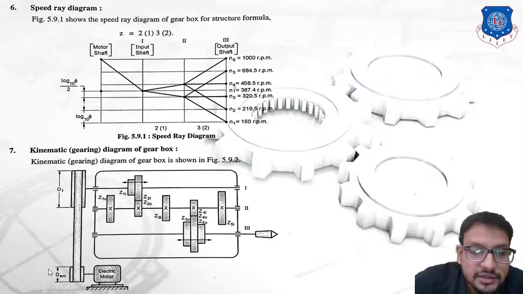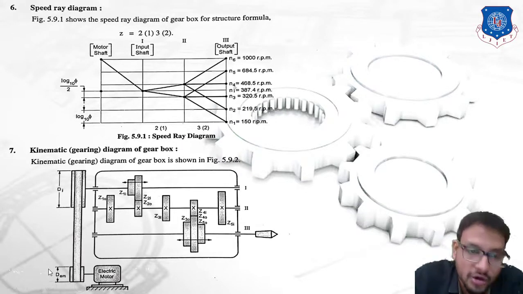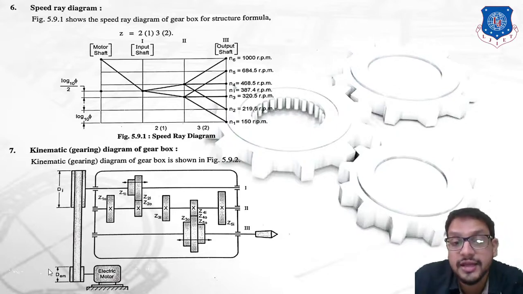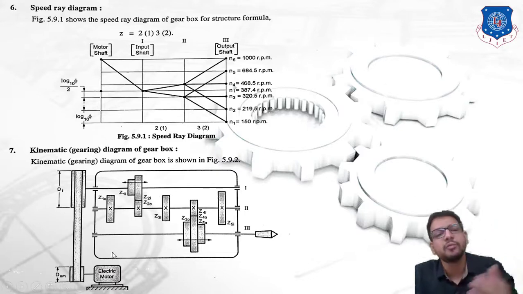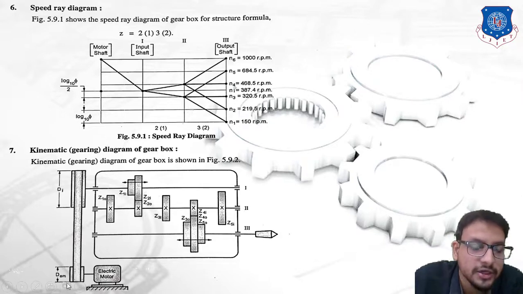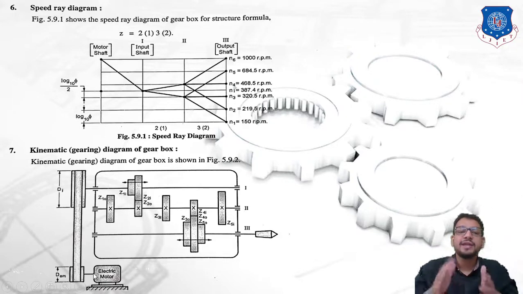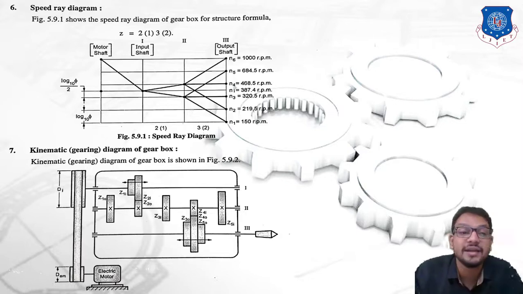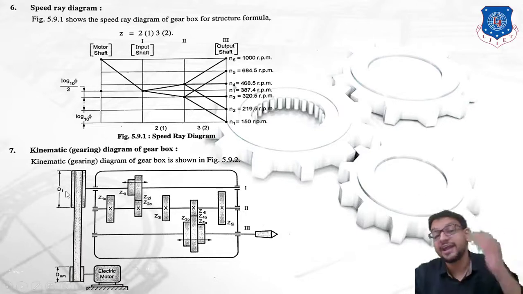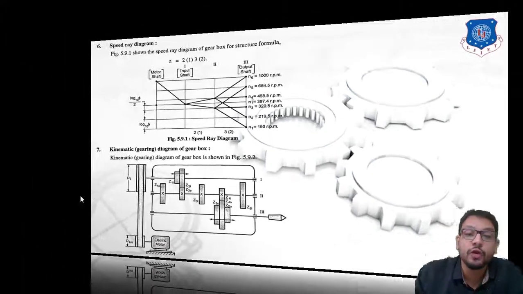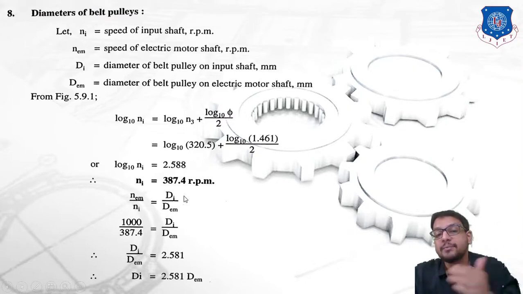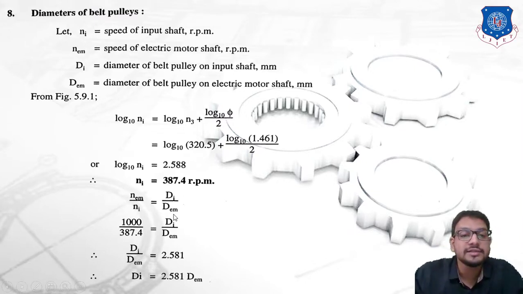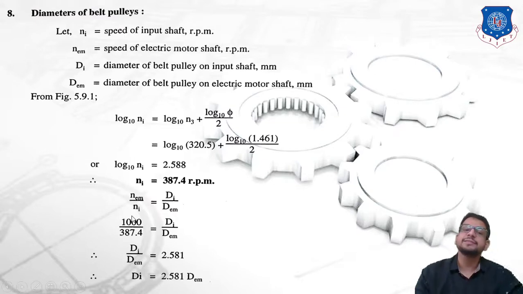Okay guys, now since the circumferential velocity has to remain constant, we are going to consider a case without a slip. If there is no slip, we can say that the velocity transmitted will remain constant. So we can use our formula, that is pi dn by 60 directly. It is going to become pi dem nem by 60 is equal to pi di ni by 60. So from this equation, can I say that it is going to become nem upon ni is equal to di upon dem, right?